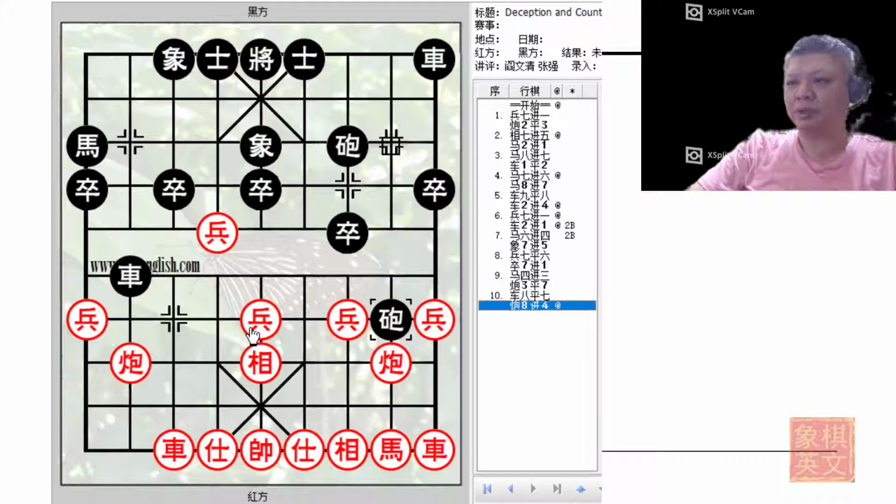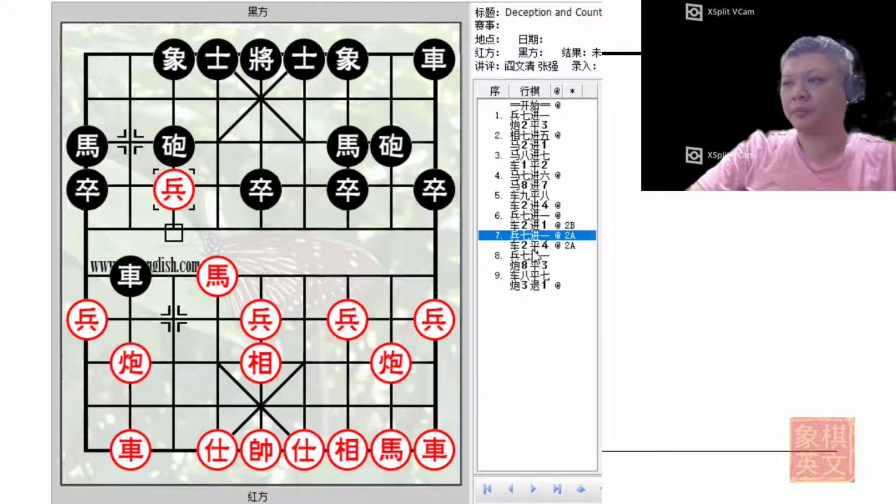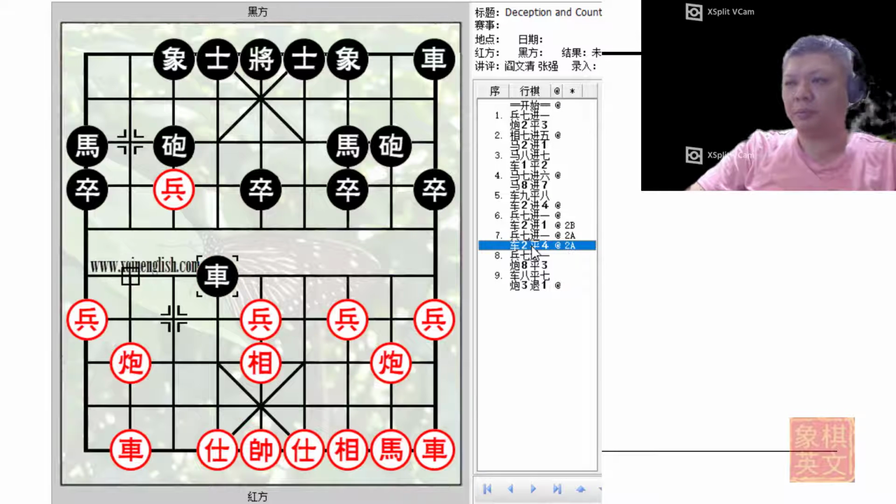So after so much effort, trying to move a horse, etc., red would not have gained much in this situation. So that is why h6 plus 4 is not a good idea. Now p7 plus 1 to trade material would be a sound move. So at this point in time, black would simply